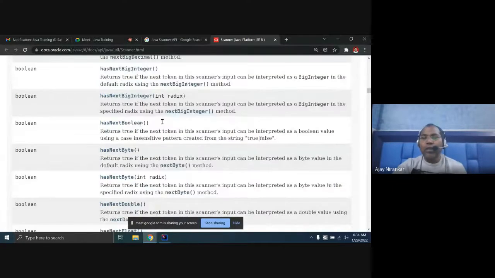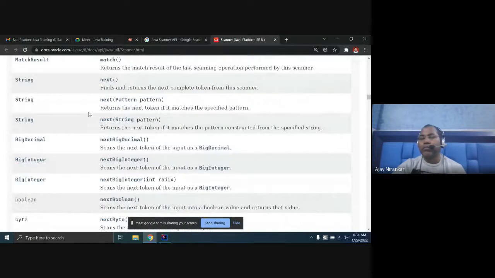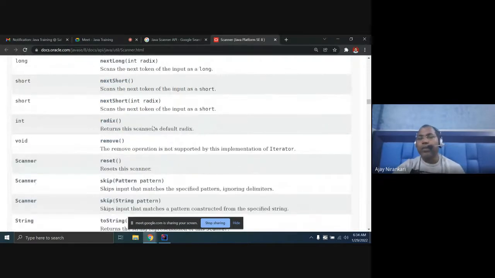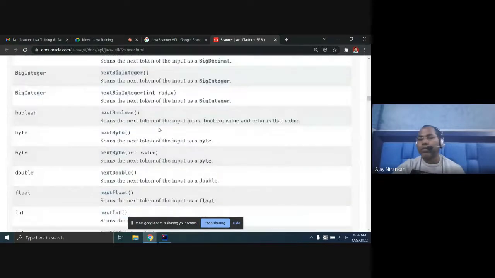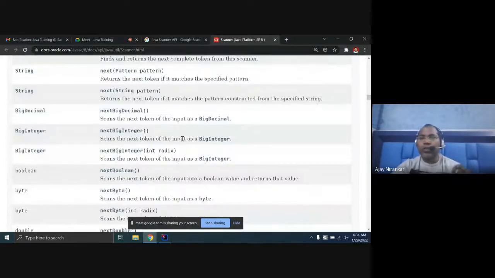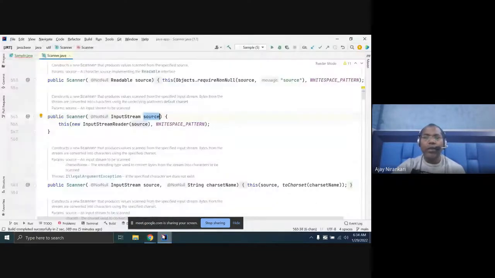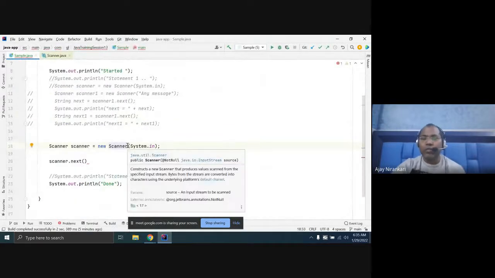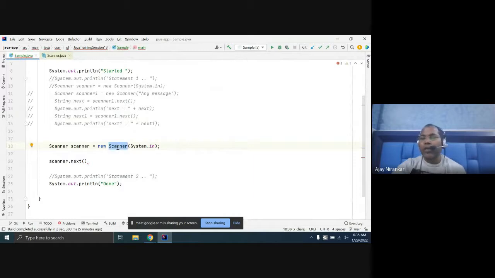Similarly, the method list is available here, like next int, next double, or next line. Next line is the advanced one: it advances the scanner past the current line and returns the input that was skipped. So a huge list of methods is available in the Scanner class. Just for your FYI, whatever I am reading here, you study in the editor. If you are not using an editor, just go to Google and search Scanner API doc, and you can find each and every detail that our editor shows you.